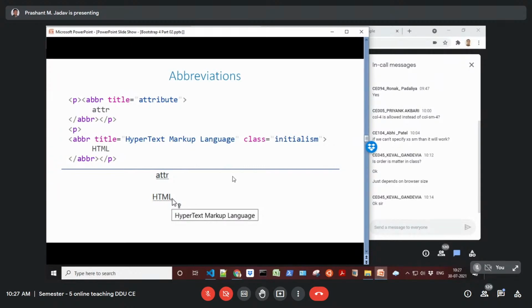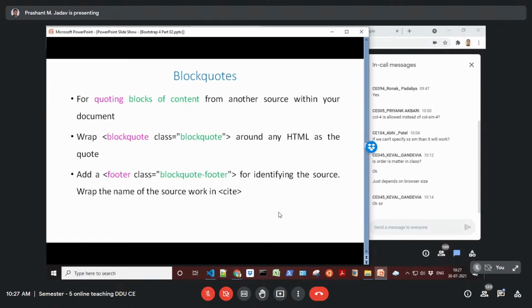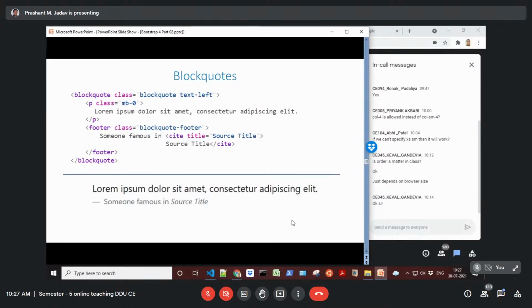And in Bootstrap, you can use some special classes. What is block quote? If you want to highlight something, then you can use the block quote class, for some quotation from some personality or some quotation of the company. Those things can be marked up using this Bootstrap block quote class.